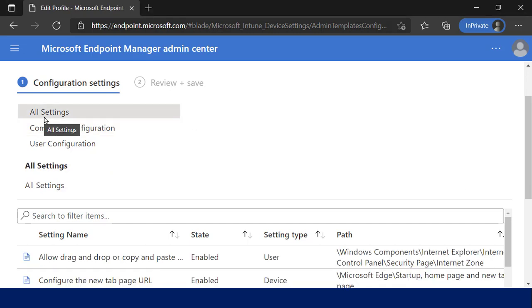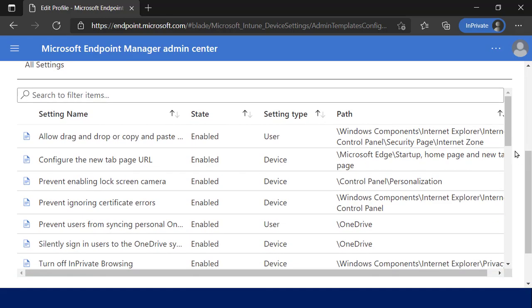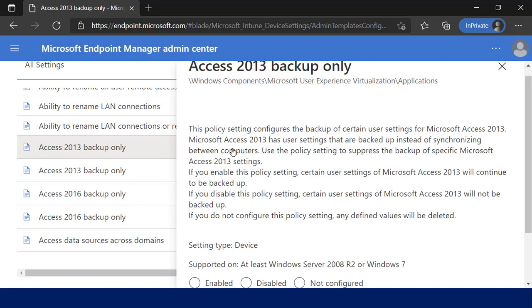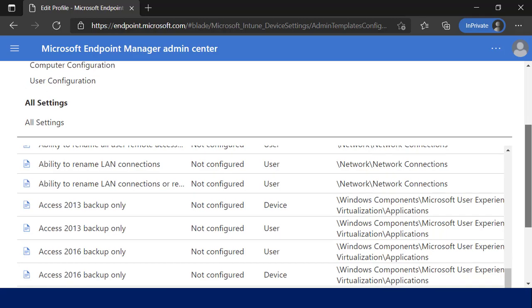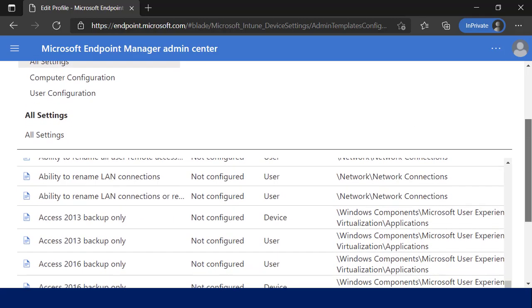Now, let's go back to all settings. Maybe you don't want to sift through all of these because there's bunches of them. Let me show you. If I scroll down and just look, there's 222 pages of these settings. So lots of settings that are in here. We've already shown you the detail page that'll come up by selecting a setting: setting, summary, configuration options, whatever else. But you can also, in this page, if you know that you are trying to find, for example, a particular type of setting, like let's go up here,